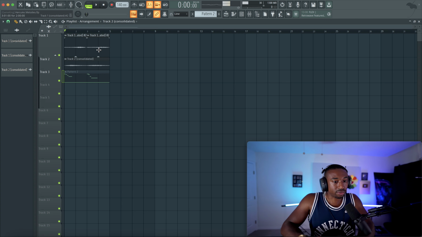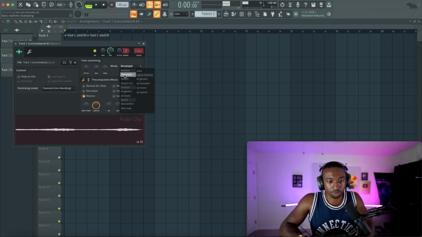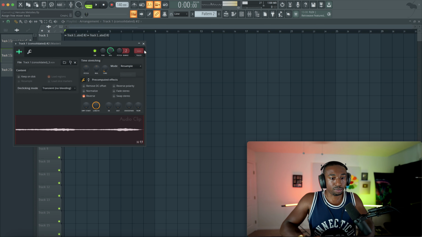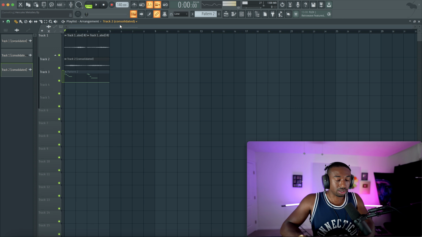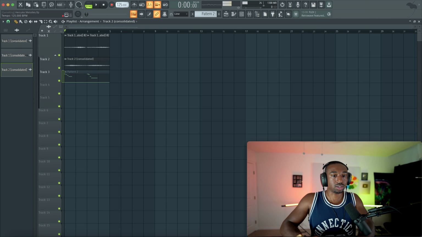All right, so now we have everything as audio. We're going to double click on this first sample, go to mode, stretch mode, and then flip it back to resample. Do the same exact thing here, mode, stretch mode, flip it back to resample. So now I can slow down the BPM and create different tones. So here's what it will change key though.